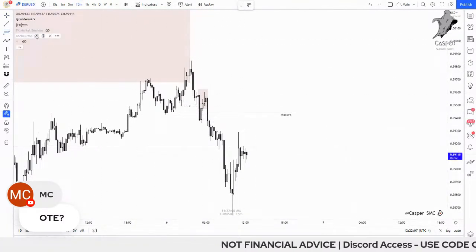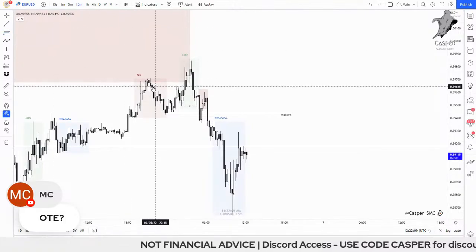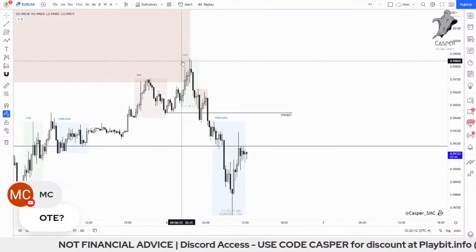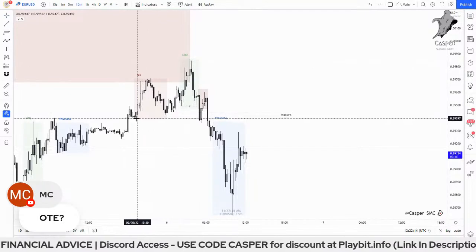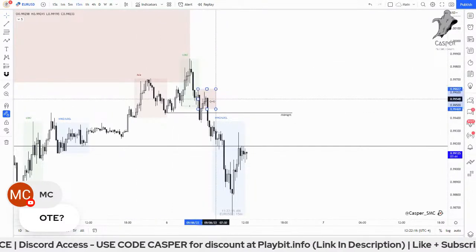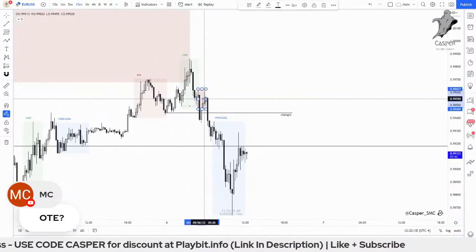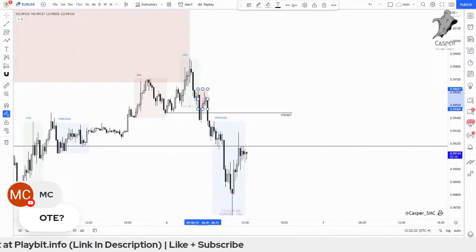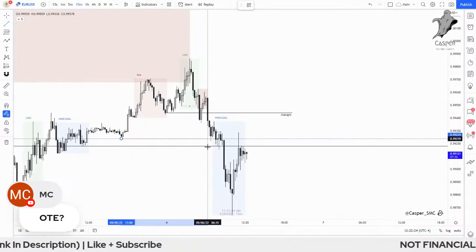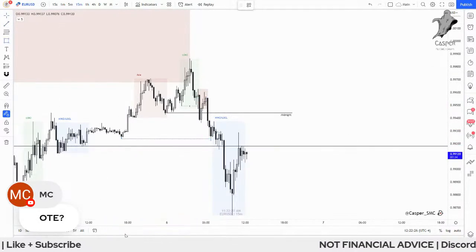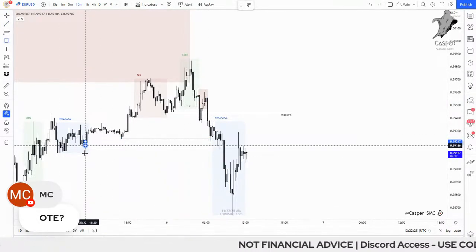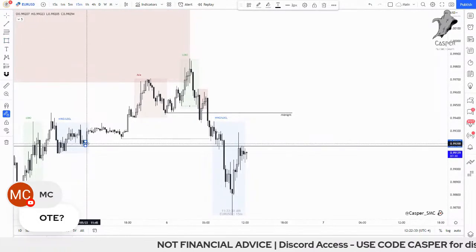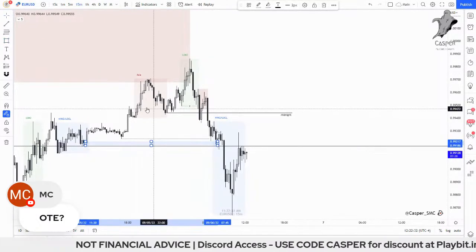Let me turn back on my sessions. So, a nice raid of the Asian highs, right? Paired with the break to the lows. Perfect. I mean, if you were trading the London session, this was butter, right? Very nice move. We came down under this level of liquidity into a POI. So once we came down to that region,